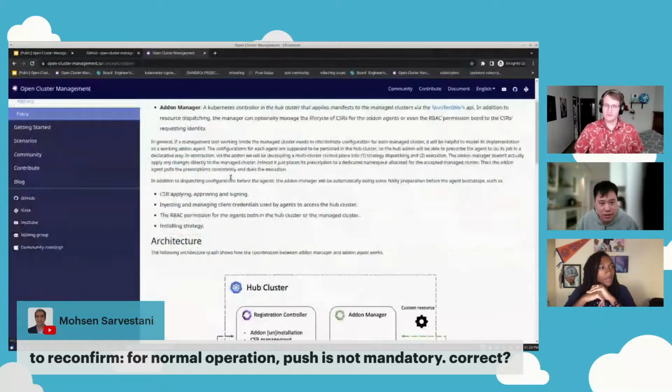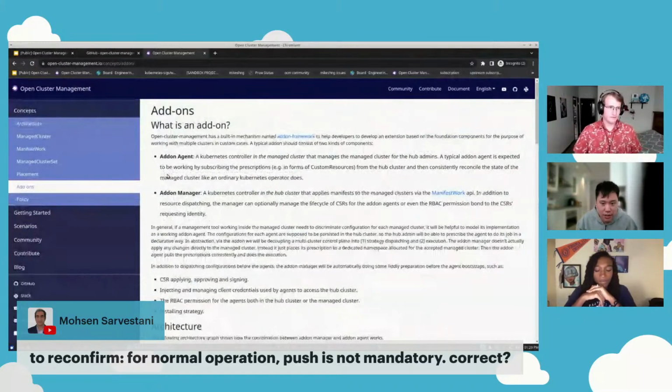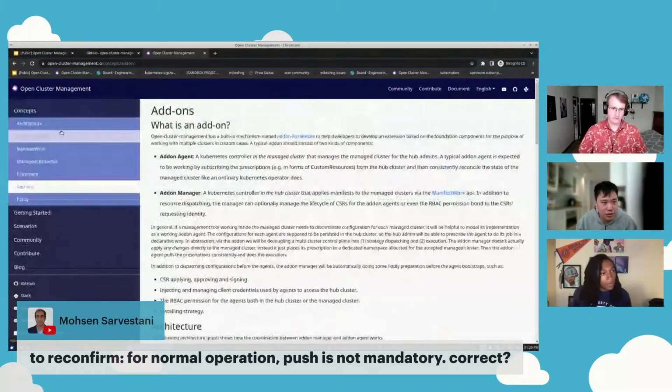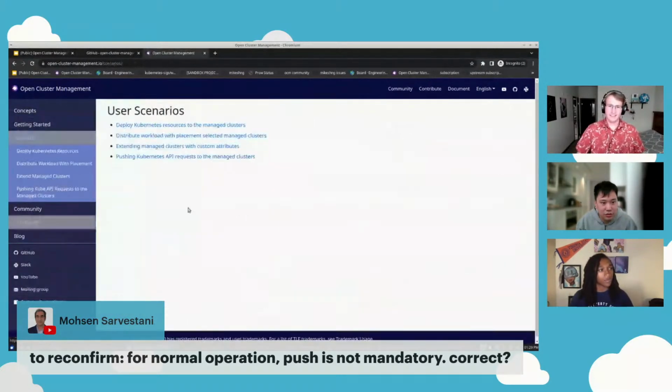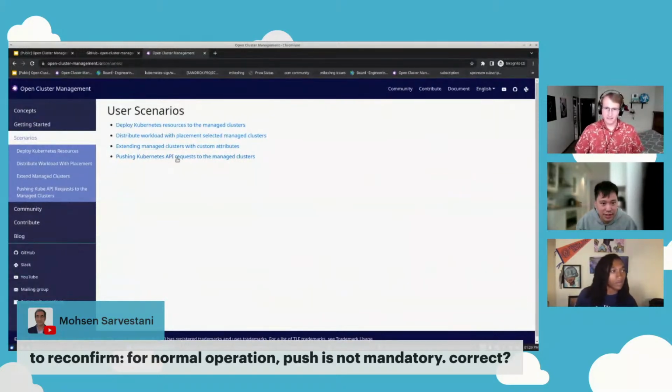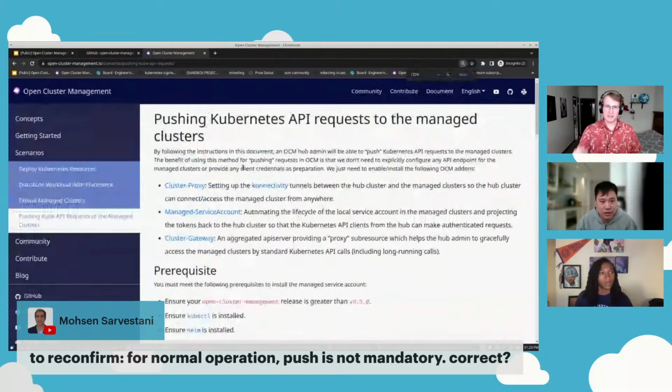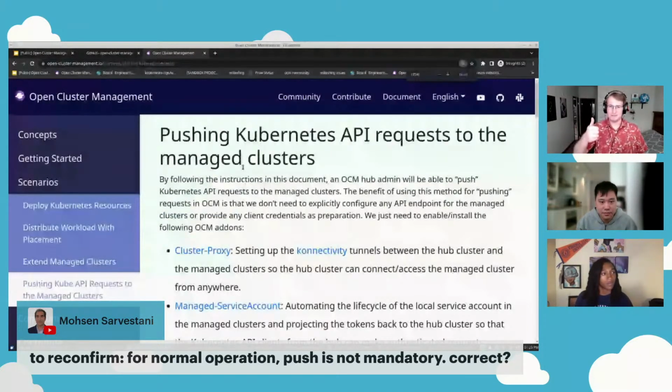That is correct. So I'm going to explain add-ons in a bit, but we do have add-ons available that allow you to push Kubernetes API requests to the managed cluster. Can you bump the font size here just a little bit? Awesome.